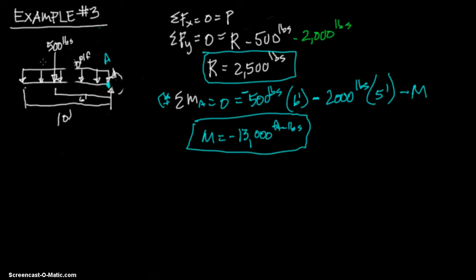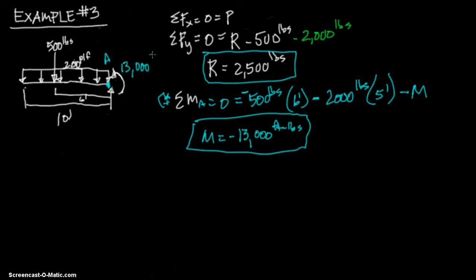Let's go back. Here we go. Let's change it back to white and say this is 200 PLF. We had an M equals, let's go ahead and put that in blue,